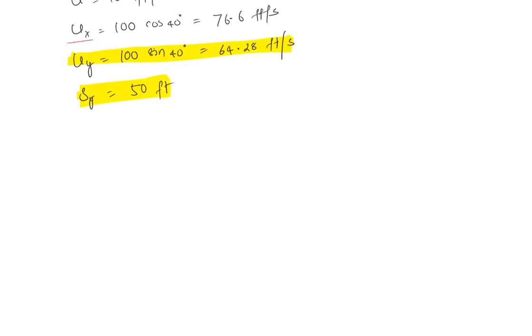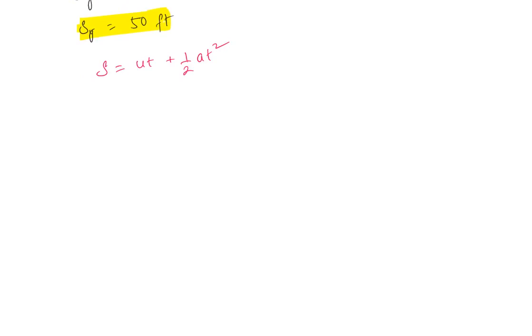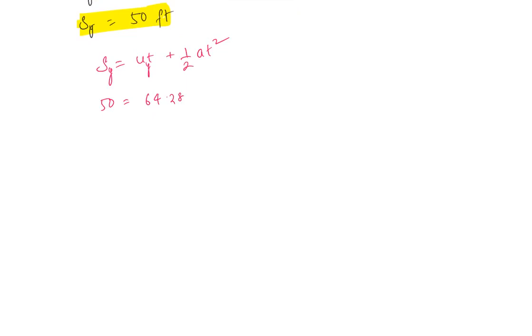Okay, alright, so let's apply the formula. Because we need time, we'll use s equals ut plus half at square. Because we're doing vertical, we'll say y. So 50 equals uy, which is 64.28, times t, minus, or let's say plus half, acceleration is negative, minus,